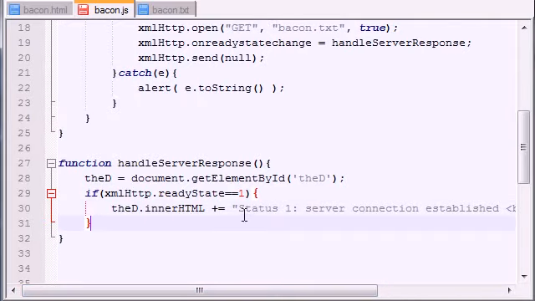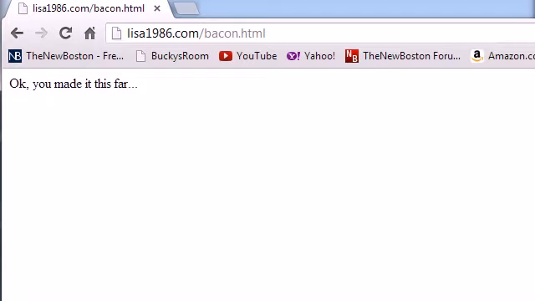Now, I want to say this before I continue. Remember that I said that there are 4 states that I want to go over: 1, 2, 3, and 4. Pretty much the different stages of communication between your computer and the server. Now, what's going to happen is all of these statuses, status 1, status 2, status 3, status 4, they're all going to display on your browser. However,